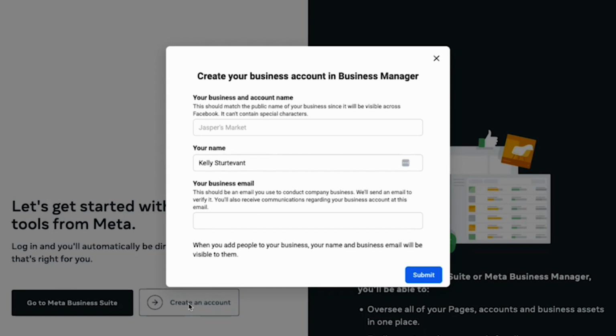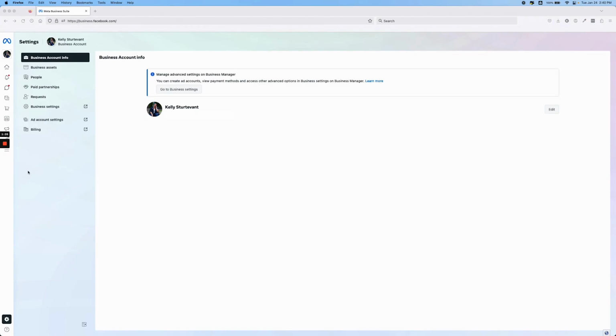Now, I've already created business managers. You're only allowed so many business accounts for each person. So once you've reached that limit, unfortunately, you cannot create any more. So go ahead and finalize the remaining steps, which is a couple more questions that will get you set up with starting. Once you've gone through that process, you should land on a screen similar to this, which is the